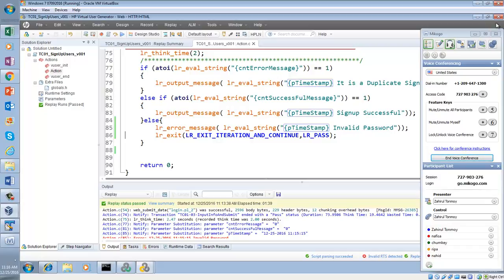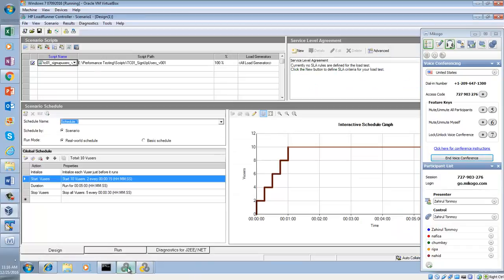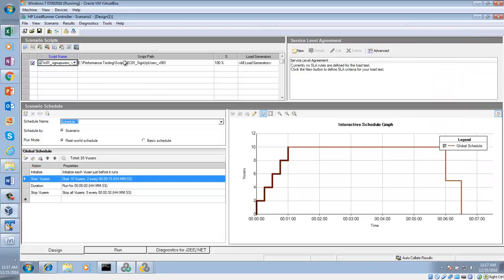I am going to go to my controller again. Now let me refresh. Is it possible to minimize the recover, please? Yeah, sure. Let me minimize it. Now let's take a look. I will have to refresh this. I changed something over there. How will I refresh that script? I will click on.